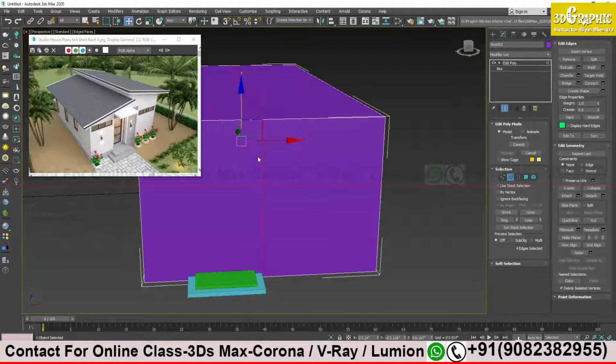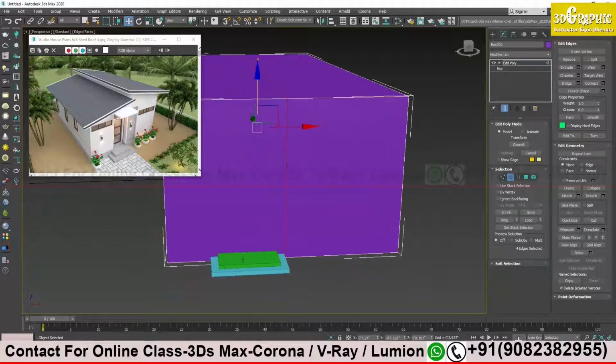Try to work with edges because that is the basic thing. Creating a box is a basic thing, but try to go to a difficult, advanced stage now. Try to use edit poly and work on vertices and all. Okay, fine.